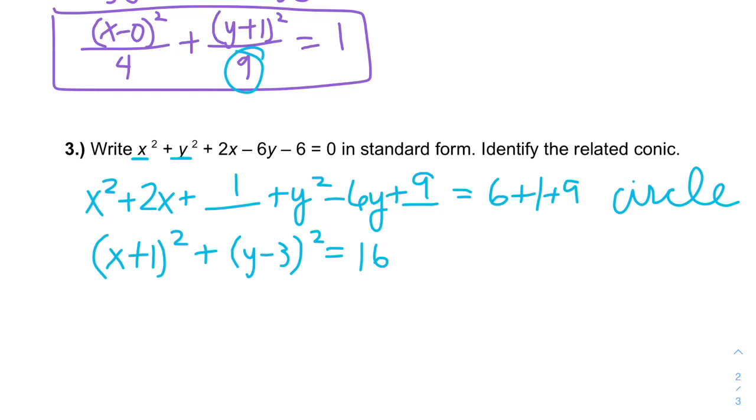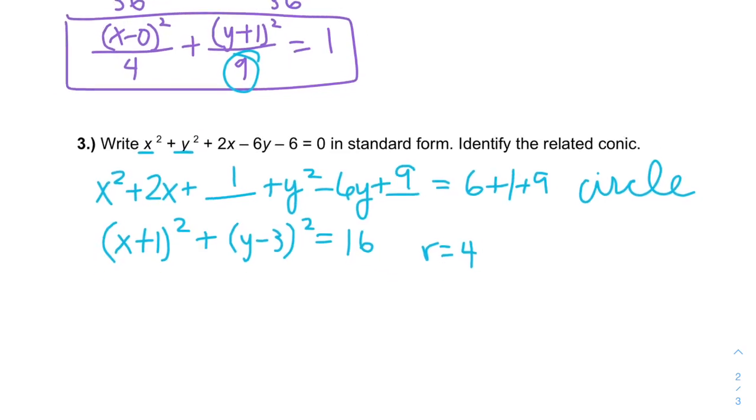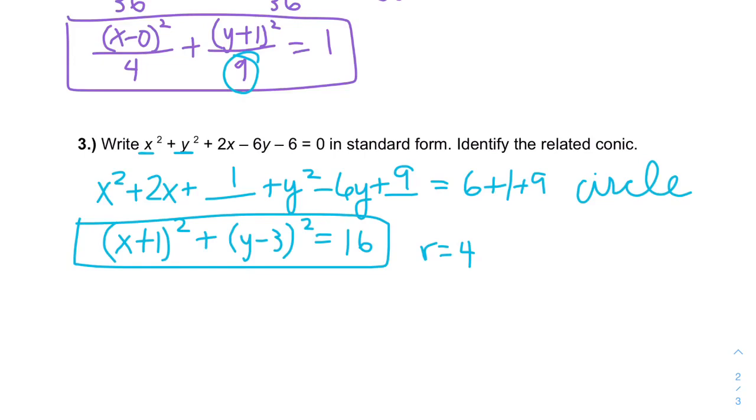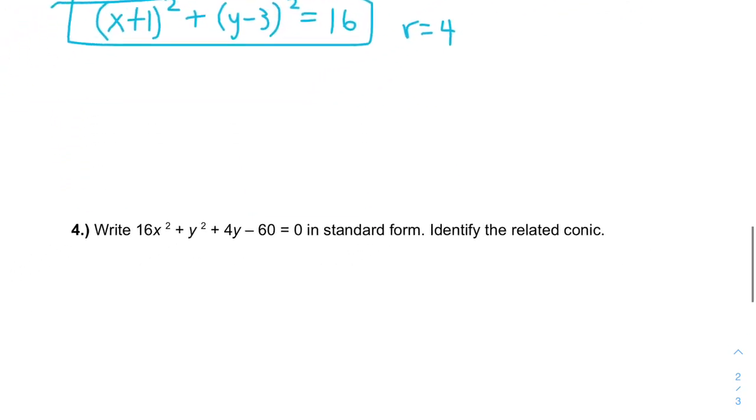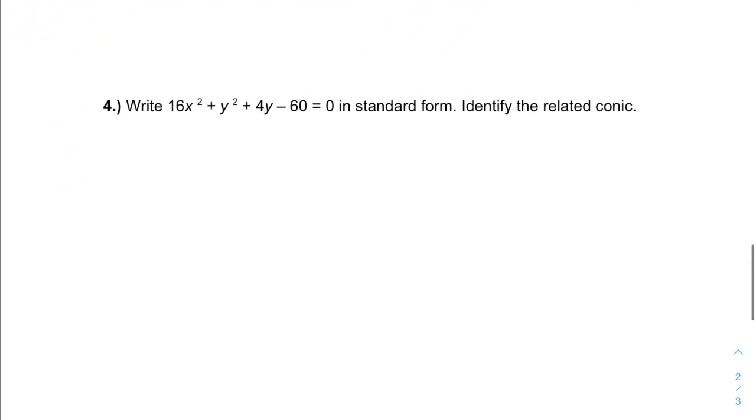Now this is already in our standard form for the circle, because over here I can already see my radius is 4, because 16 is 4 squared. Box that up. Our last one here, this has different coefficients, and they're both positive, so I know that this